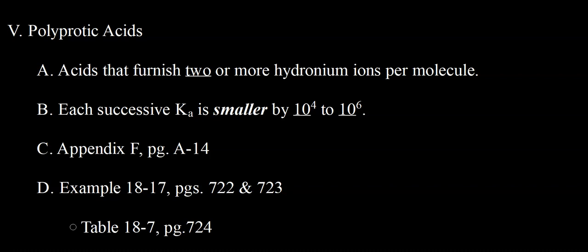What's really important is that each successive Ka, the first one called Ka1, the second one Ka2, the third one, if it's triprotic, Ka3, is significantly smaller, by 10 to the 4th to 10 to the 6th, meaning that, for example, HSO3 minus is a much weaker acid than